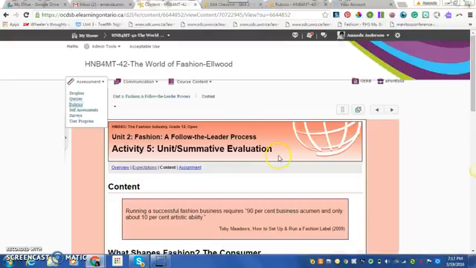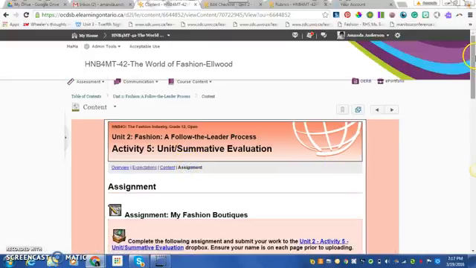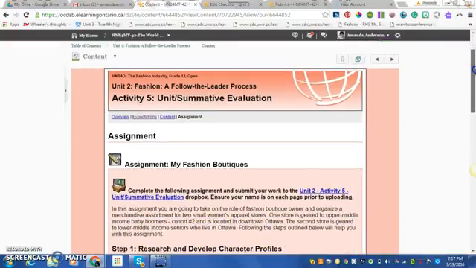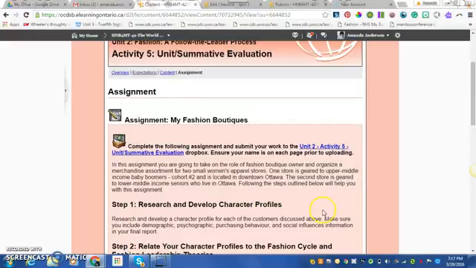So I'm just going to go to Activity 5. And this has been all about the consumer, and spoiler alert, the next unit's going to be about the designer, so we're going to be looking at some Canadian designers and looking at runway shows and all of that good stuff. But not doing that yet, because you've got to finish the summative. So we're going to use some of the ideas that we did in the last inquiry assignment to work on our summative. So you're going to pretend that you are an owner of a store, and one cohort is going